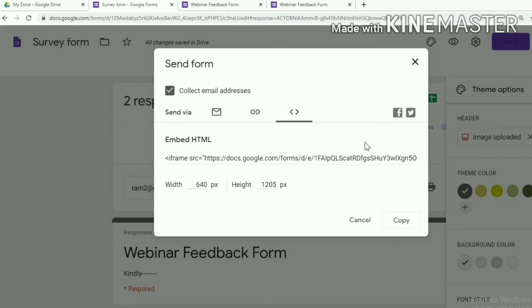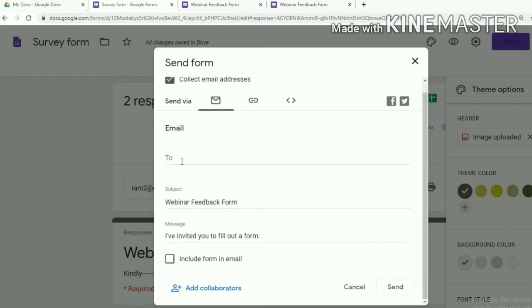Also you can share on Facebook and Twitter also. For example, if I want to send the email to a particular person, write the email ID of that person here, or if you want to send to n number of people, you can click this add collaborators so that you can send to many people, and click the send button.